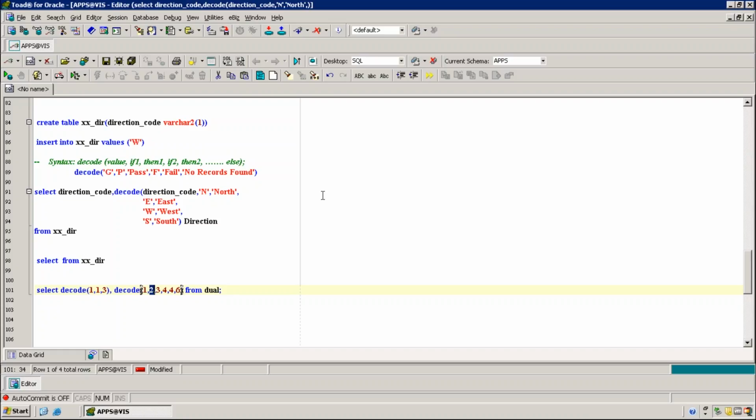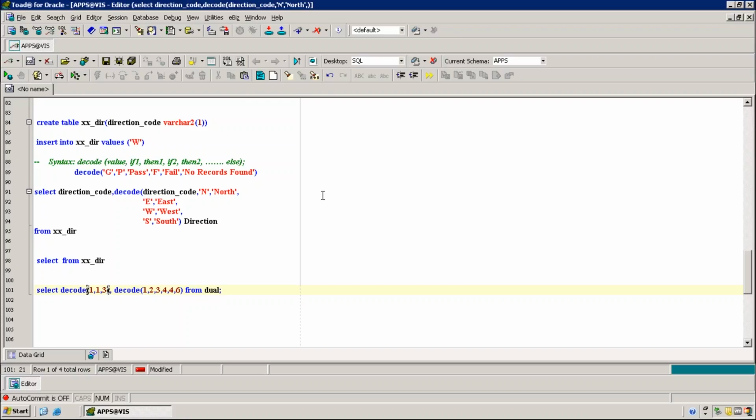Condition 2. Now the 1 is going to be matched with condition 2. How did you say this is 3? First one, value is 1. If the value is 1 and if the condition is 1, then the output will be 3. Same scenario.